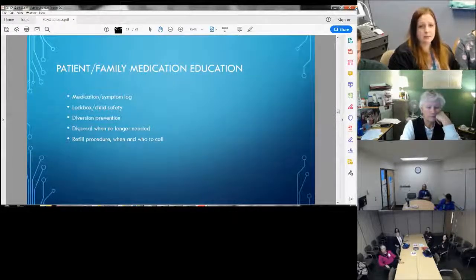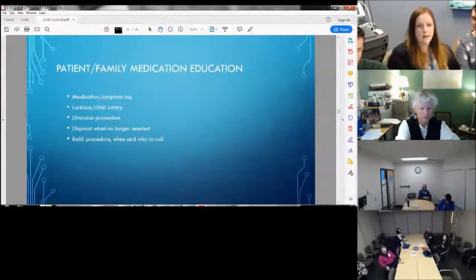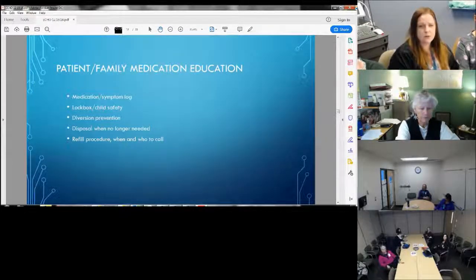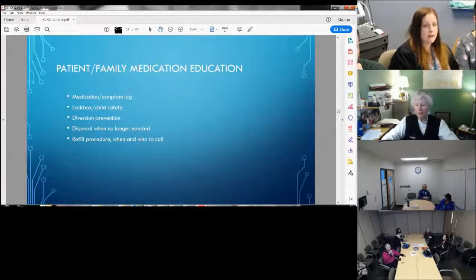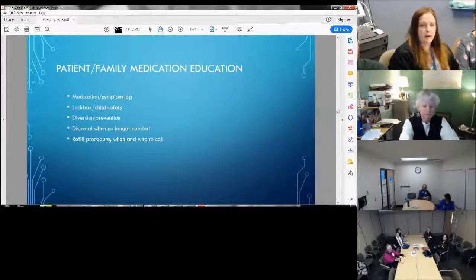A lockbox is a huge thing because we do have lots of issues with diversion, and as well a lot of these homes have multi-families, and we always need to be thinking about child safety. And again, the lockbox goes back to the diversion prevention and also education in the family, talking to the family about these issues and getting them really thinking about any family that they think could be at risk for trying to take these medications, and making sure that they're taking preventative measures just to be aware.